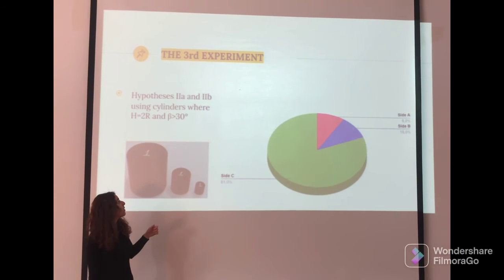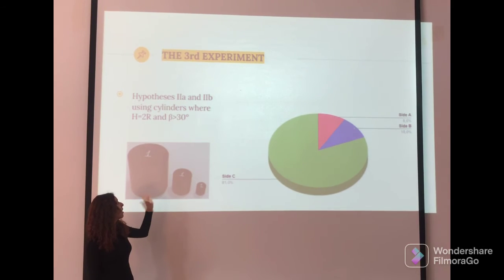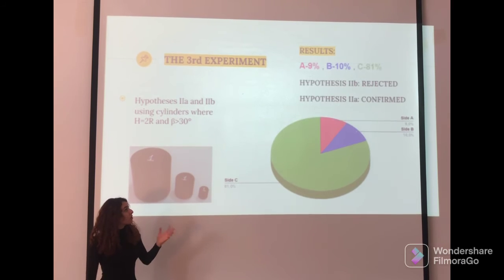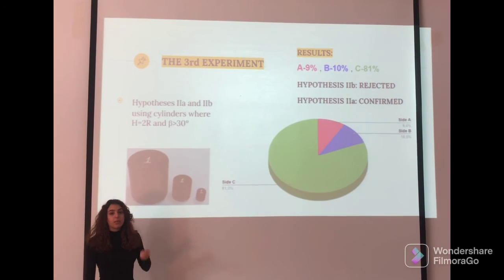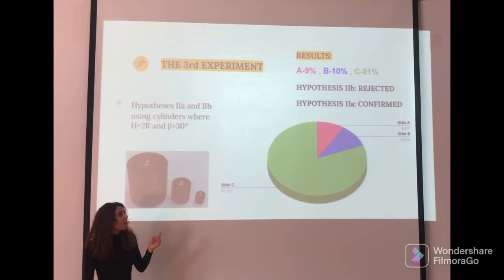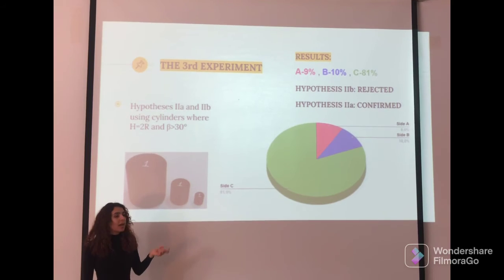Experiment 3 tests hypotheses 2A and 2B based on both models, in the dice where the height is double the radius and B is greater than 30. Based on the results, we see that there is a much greater probability for falling on the cylindrical side than the bases. So hypothesis 2B based on the surface area model is rejected and hypothesis 2A based on the arc